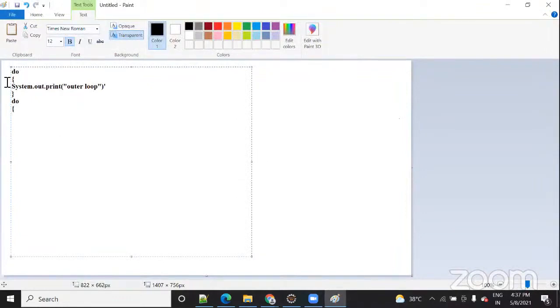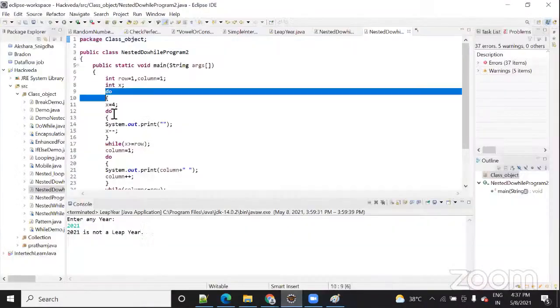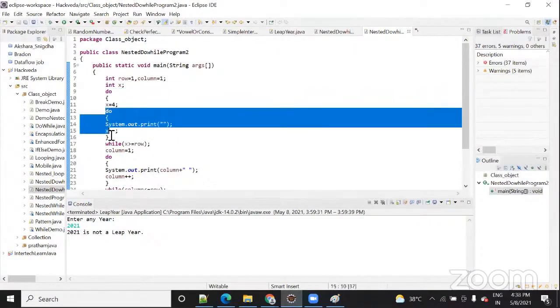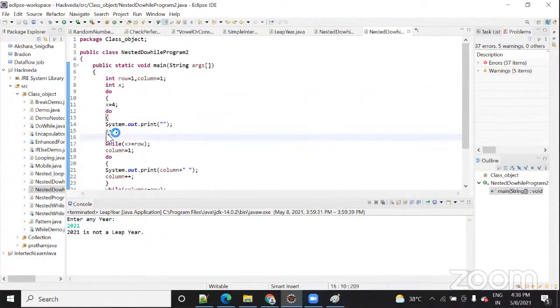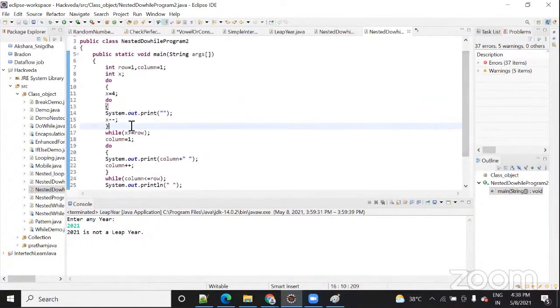In case of nested, जो flow होता है ना वो ऐसा होता है कि do को read हुआ, फिर next do आया, उसके बाद एक while आया, right? So here you can see in the code, you are reading first x value, then you are coming and printing that much time the space, and then you are decrementing x value, then you are checking here. So this while loop is going to check whether the x value is less than row.